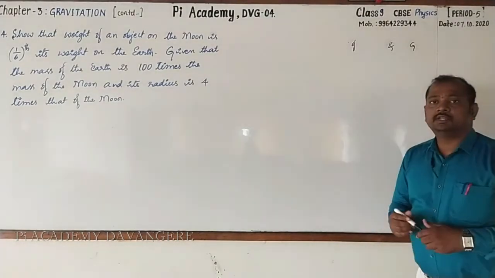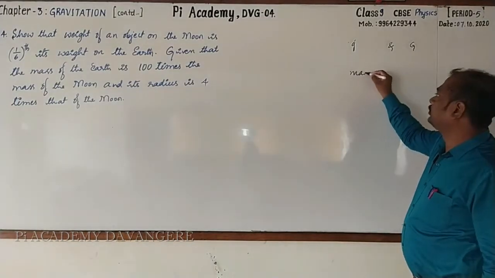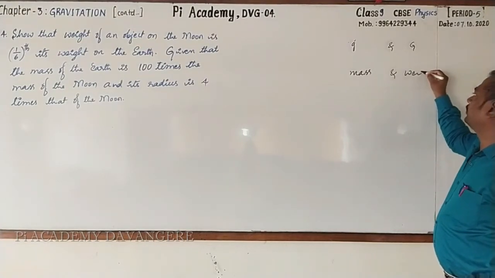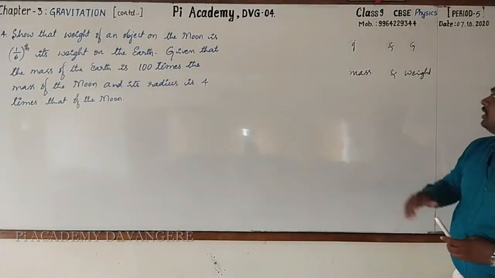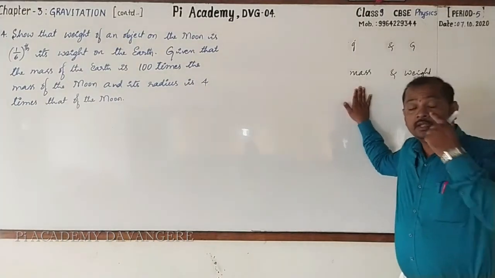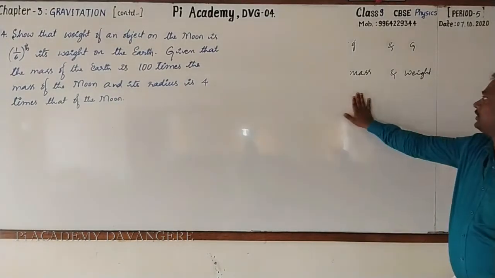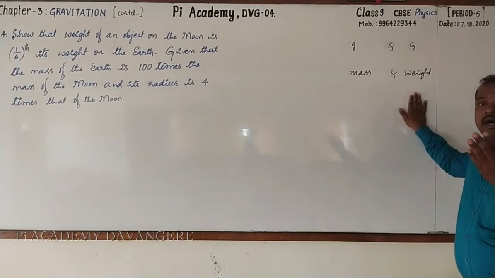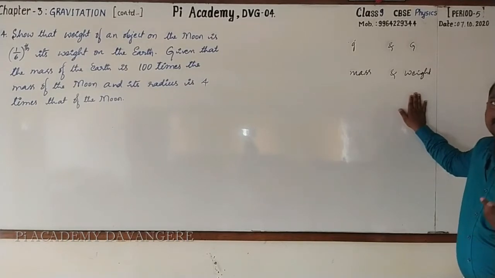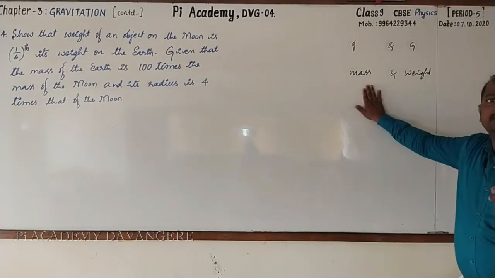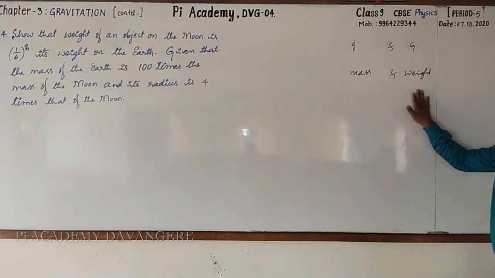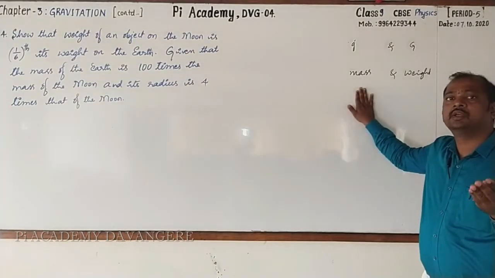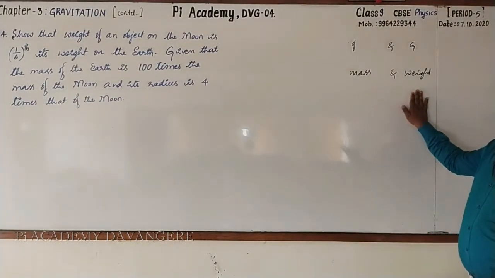Then after that, we come across the differences between two more important physical quantities. One is mass and another one is weight. Then how do you define mass? It is the quantity of matter present in a body. Weight is the force exerted by the earth on an object towards its center, right? Mass is always constant, whereas weight varies. Then mass is what type of physical quantity? It is a scalar. Weight is a vector quantity.